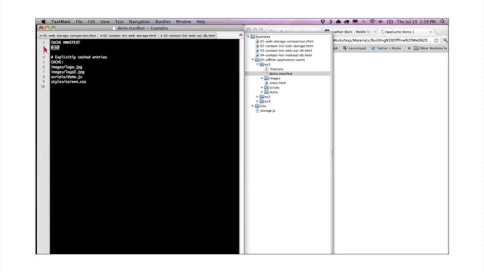Inside of this manifest, there are sections to a manifest file. A couple things are required. First, you have to have exactly this line at the beginning, cache manifest with no spaces, and a line return. This is a comment, and it's helpful to maybe insert your last updated date or a version number here, because